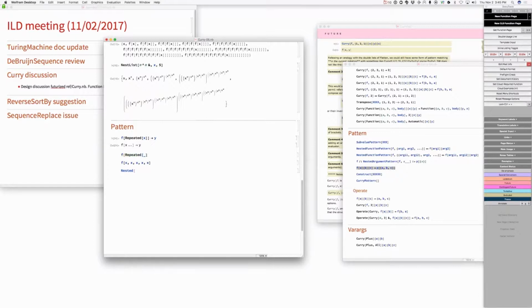Repeated blank without a name. Right. Yeah, that will match any of those patterns. So here, I mean,